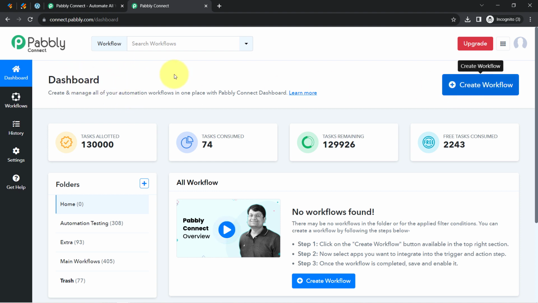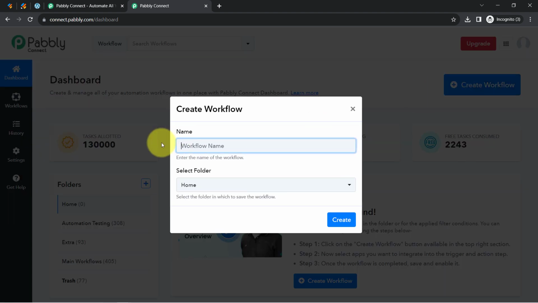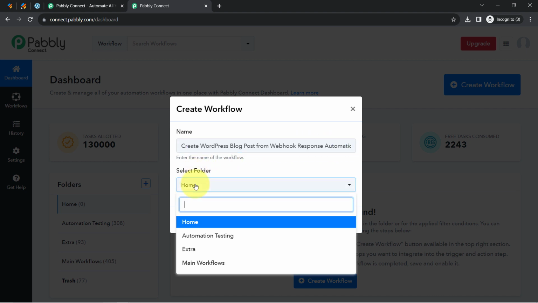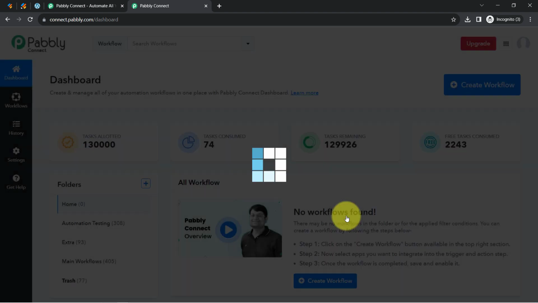Okay, so once you log in and reach the dashboard of Pabbly Connect, click on this blue button that is create workflow and provide a random name to your workflow, to your automation. So I have directly pasted the name as create WordPress blog post from Webhook response automatically. Now I'll select the folder in which I would like to create this workflow, clicking on create, and after that